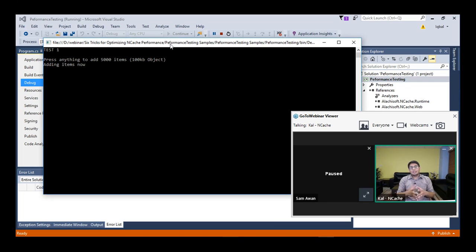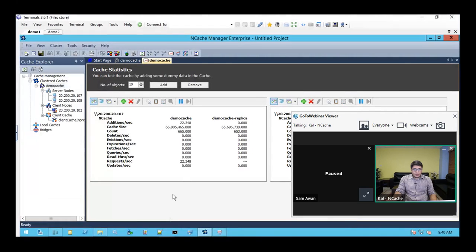So once it is fetching those items, it's going to find all those items within the very same process. So now, without any overhead involved, such as inter-process communication and serialization, deserialization, all of that is removed completely now. It would get the data right there and then from a local source, and we would see how greatly the client cache is actually performing with an in-proc mode for this specific scenario. So we're just waiting for the items to be added. If we come back here, we should see some counters going up and down. Yeah, we can definitely see that.